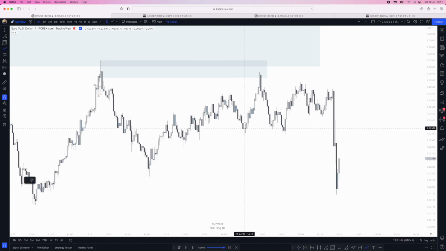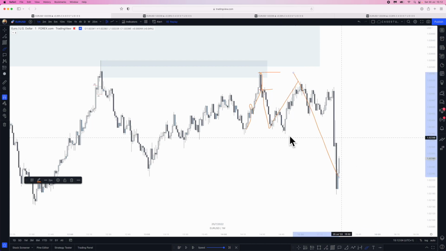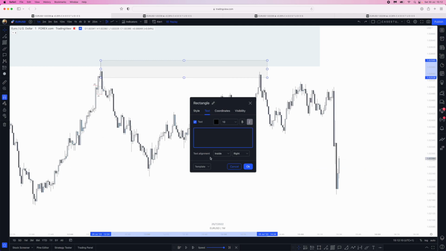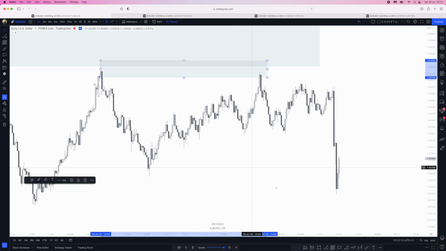So if I just draw it out, what happens is we come up, we pull back, we take that high, tap into our POI, come down, take the low, we come up, tap into our POI right here, and then we go and continue to the downside. So again,